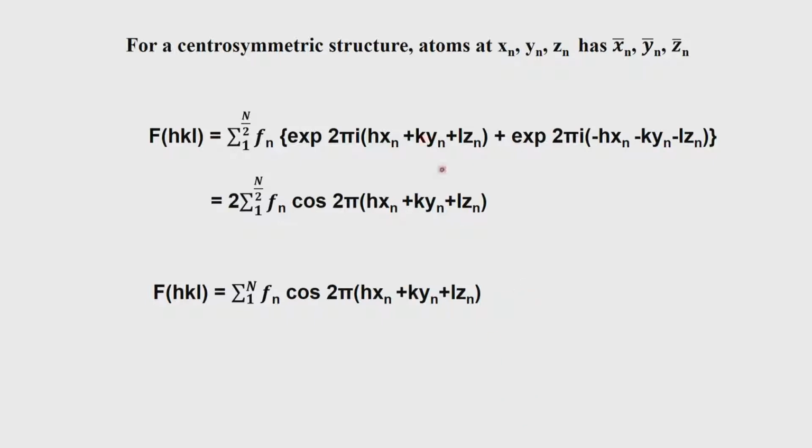For the centrosymmetric structure, atoms are at xn, yn, zn and minus xn, minus yn, minus zn. That is the definition. That means we are taking the origin 0 0 0 as coincident with the inversion center for any crystal structure which is centrosymmetric. There are many centrosymmetric space groups, as we have already learnt, and all these space groups will have this property of having xn, yn, zn and minus xn, minus yn, minus zn, apart from other equivalent positions which come due to the operation of symmetry elements.